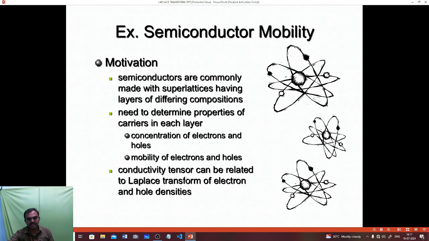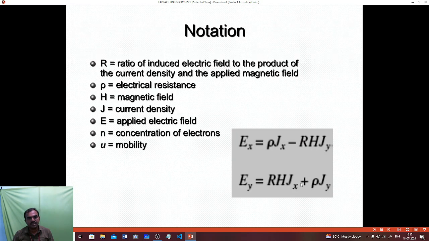The conductivity tensor can be related by Laplace transform to electron and hole densities. So that is the path which way the electron is going. Next, some notations. Rho is the ratio of the induced electric field to the product of the current density and applied magnetic field. That is, rho is electrical resistance, H magnetic field, J current density, E applied electric field, n concentration of